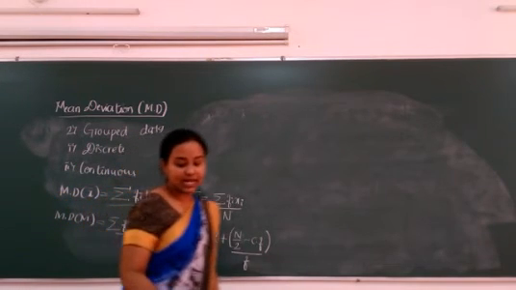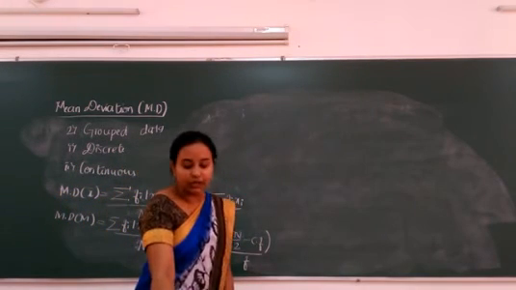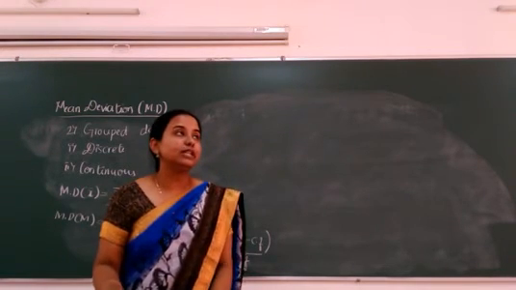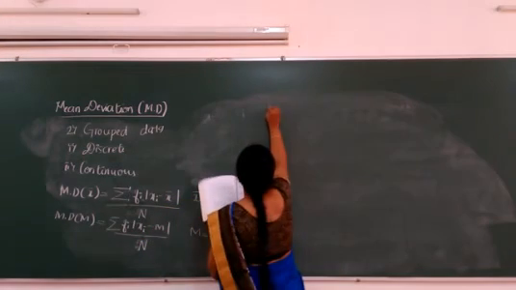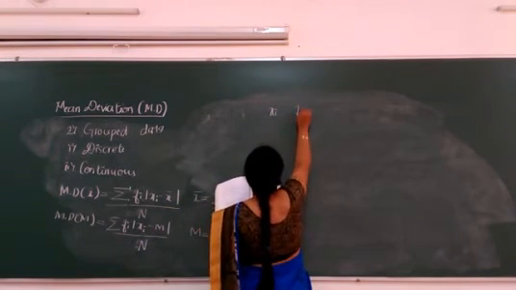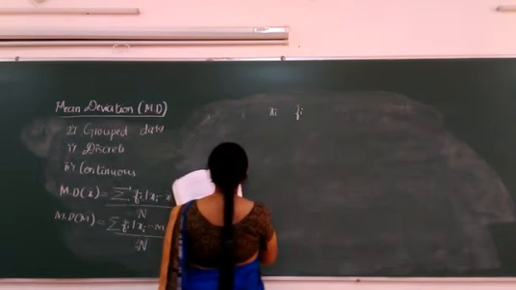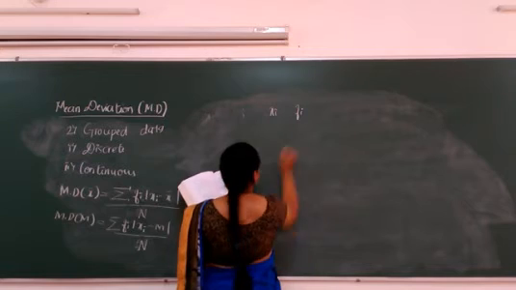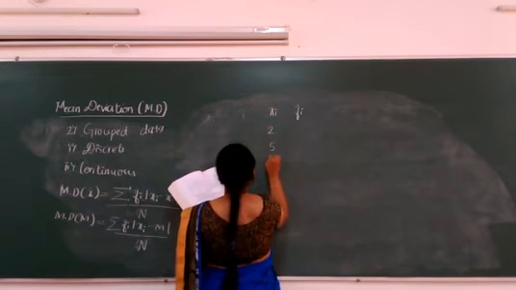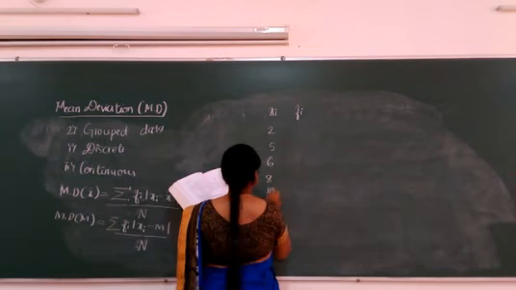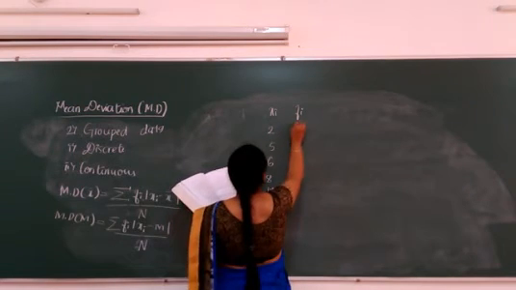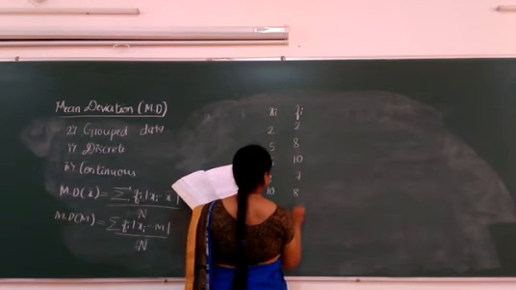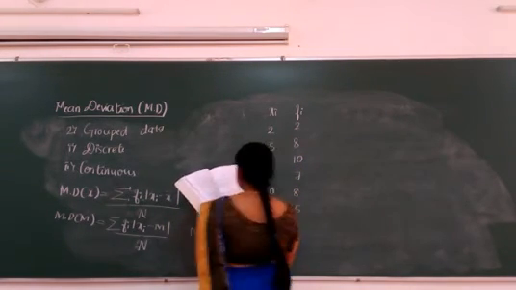So now let us consider an example in which you need to find mean deviation about mean for a discrete data. In the given question, xi's will be given and fi's will be given. The xi's given here are 2, 5, 6, 8, 10, 12. Next, the fi's are 2, 8, 10, 7, 8, 5. Okay, so this is the given data.